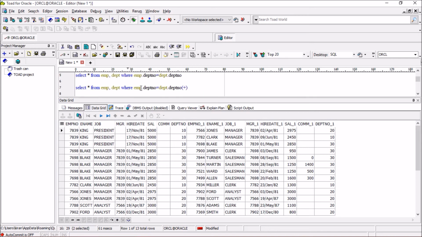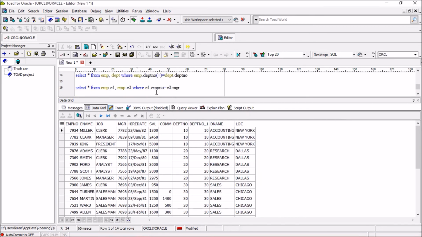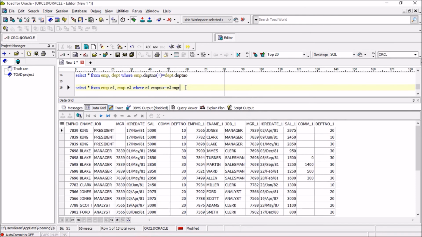Okay, see here I have given the emp and dept tables. Suppose there is a big table name, so if I give this one as e, and here I will change it to e. So that one is very simple. I don't want to give emp always, so I have given e1 and e2. See here, up to department number, this is one emp table, and from here to there, this is another emp table. So it will join to itself.